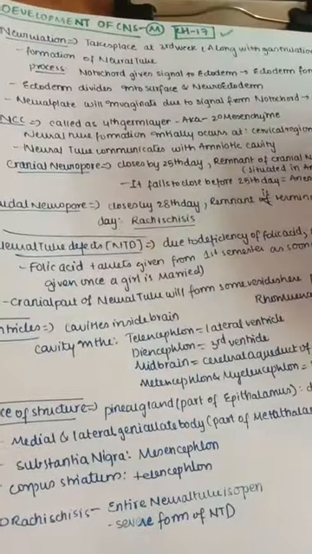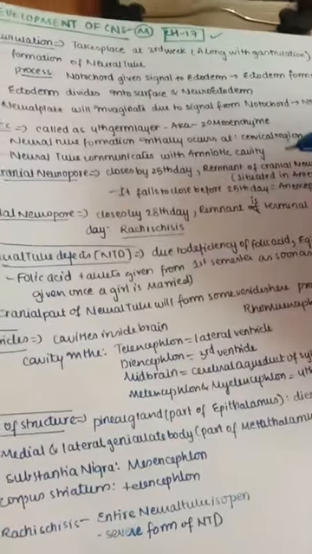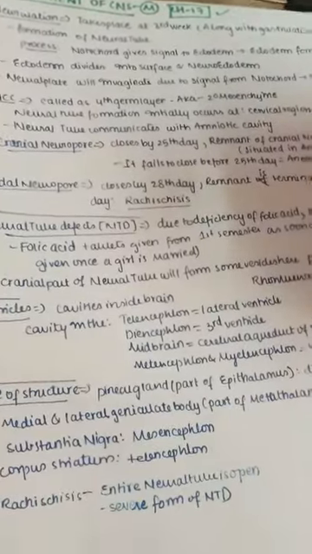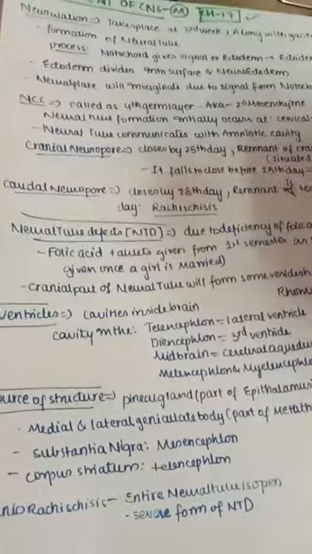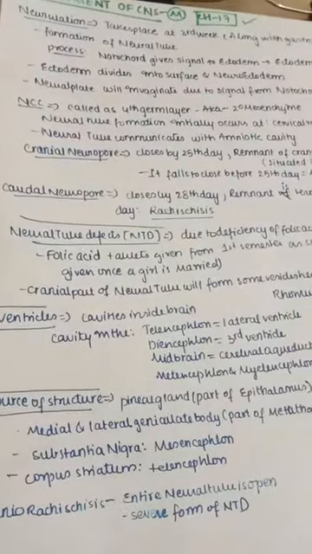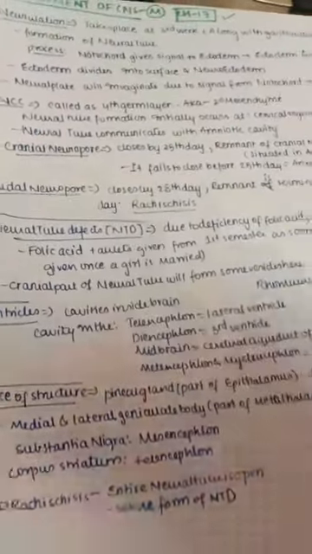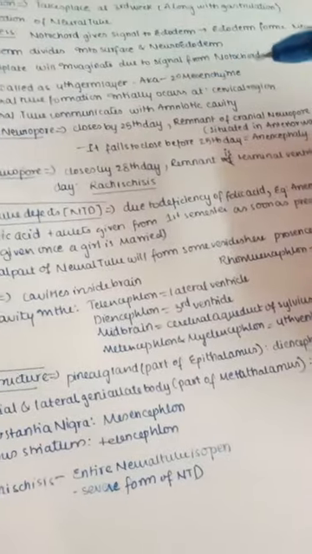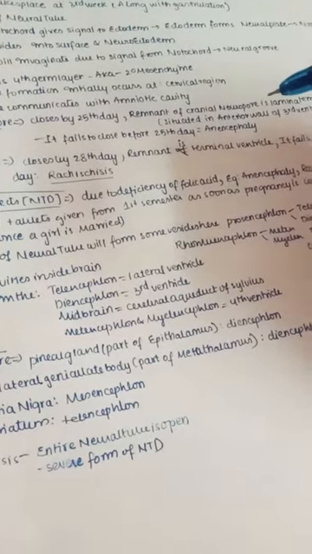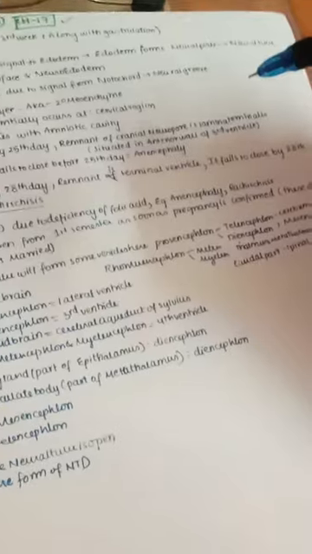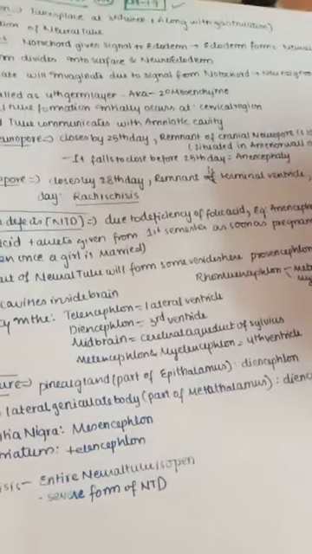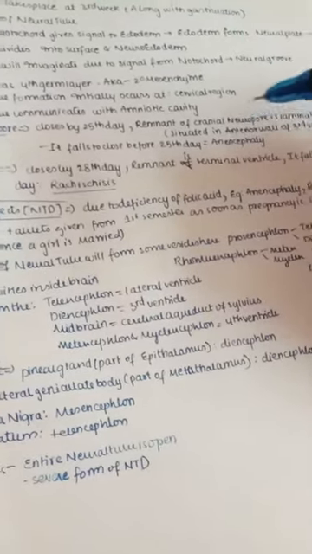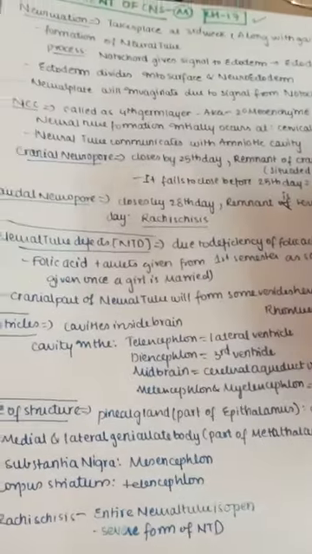The neural tube formation initially occurs at the cervical region, and later the neural tube communicates with the amniotic cavity by means of neuropores. There are two neuropores, cranial neuropore and caudal neuropore. The cranial neuropore closes by the 25th day; a remnant of the cranial neuropore is the lamina terminalis, which is situated in the anterior wall of the third ventricle. If this fails to close by the 25th day, the condition is called anencephaly.